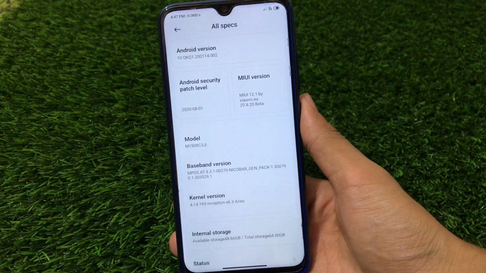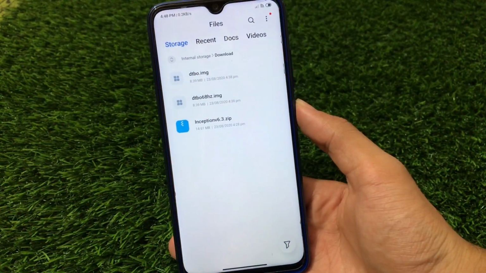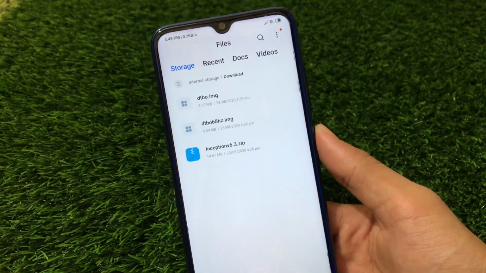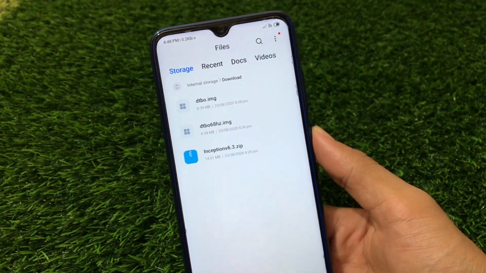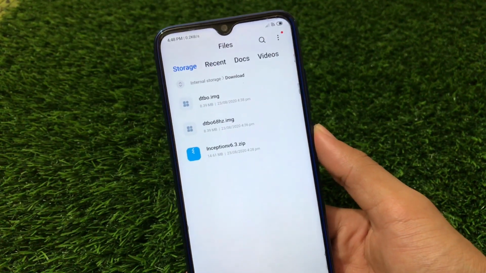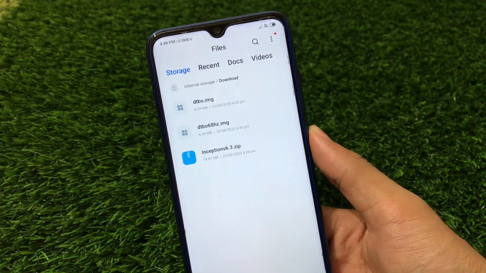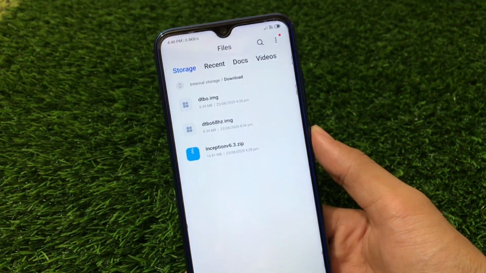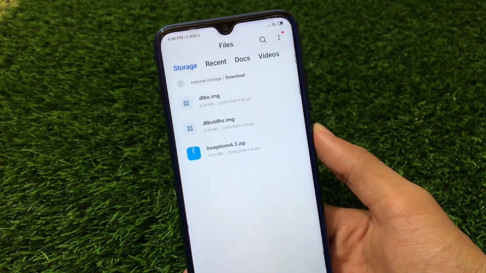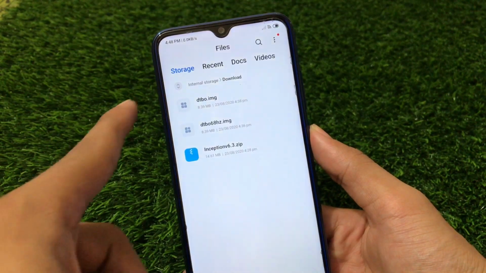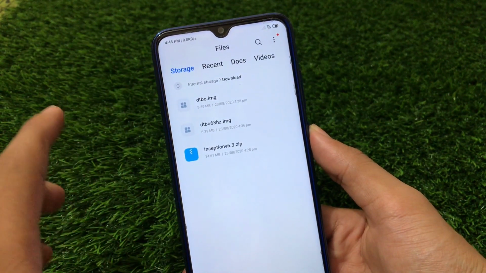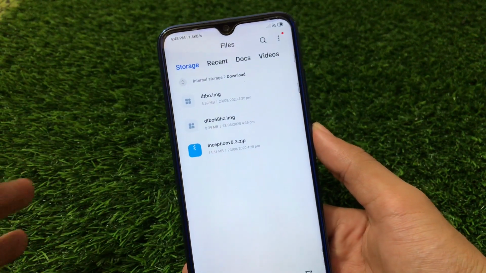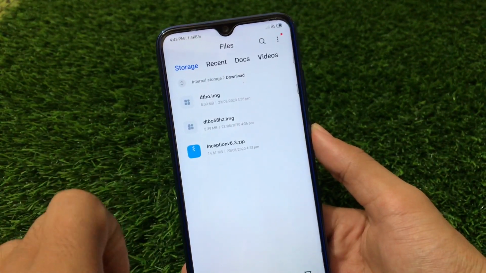Okay guys, let's get started. First of all, let me show you how you can enable the 68Hz refresh rate. This is for those who don't know about this. If you watched my previous video you can skip this part, but if you are new, you can watch these steps and then we will go to the DTBO.img through which you can enable the 60Hz display rate. First of all, you need to install the Inception kernel.